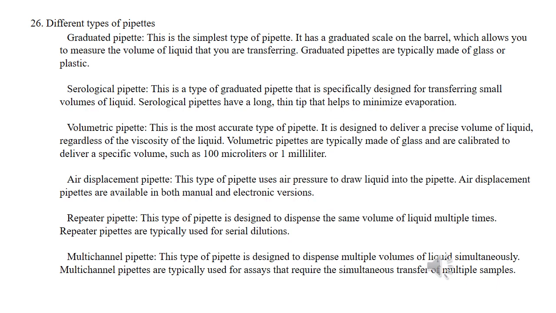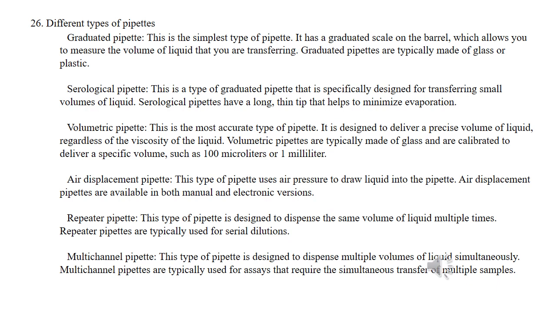Serological pipette. This is a type of graduated pipette that is specifically designed for transferring small volumes of liquid. Serological pipettes have a long, thin tip that helps to minimize evaporation. Volumetric pipette. This is the most accurate type of pipette. It is designed to deliver a precise volume of liquid, regardless of the viscosity of the liquid. Volumetric pipettes are typically made of glass and are calibrated to deliver a specific volume, such as 100 microliters or